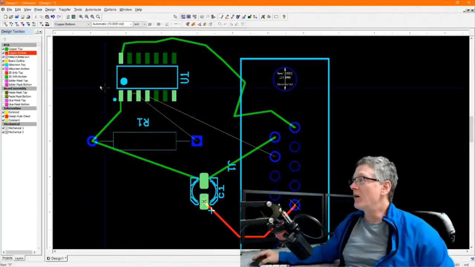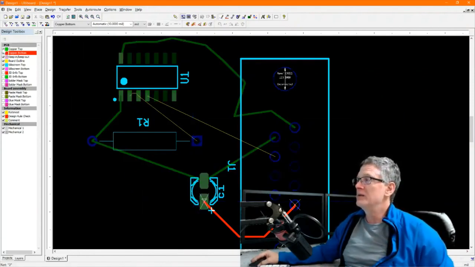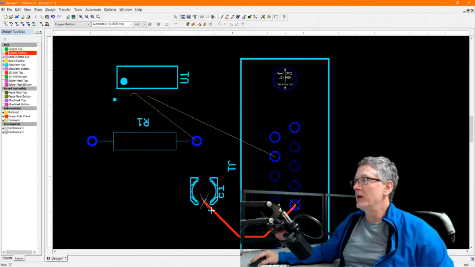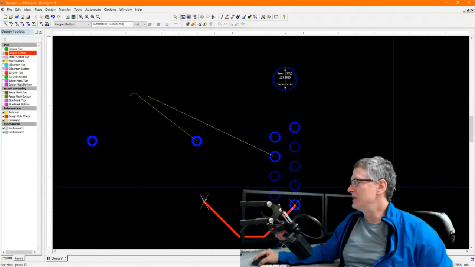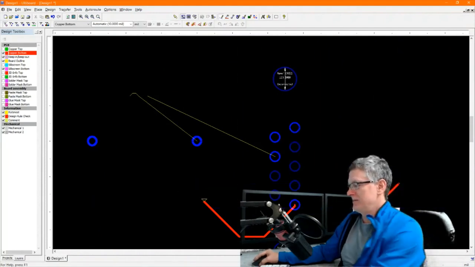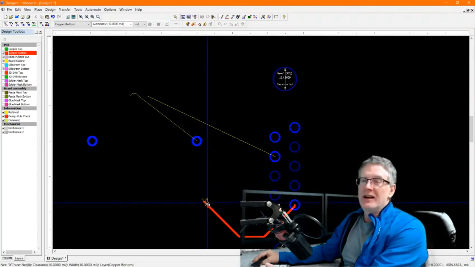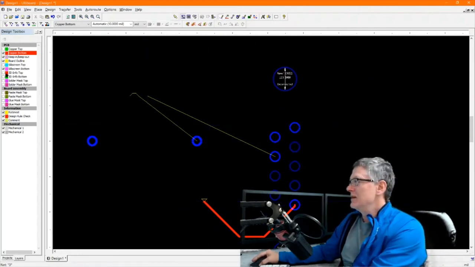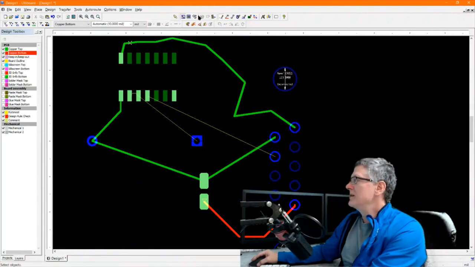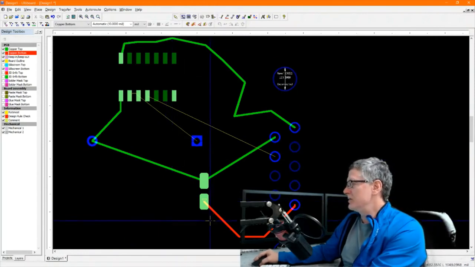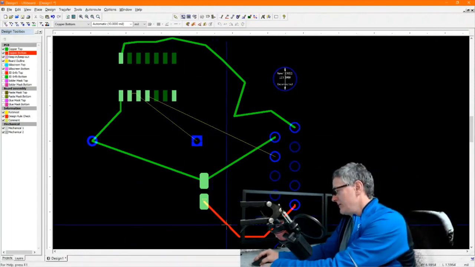If I dim down the copper top and turn it off, you can see that that trace basically goes over to here, and there's nothing there. So what you need to do, if you're going to route to a surface mount part from the bottom side,